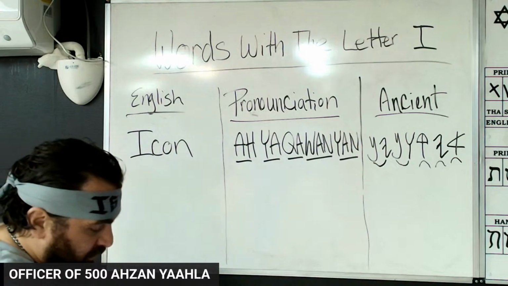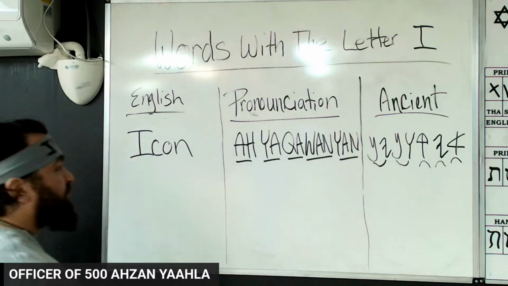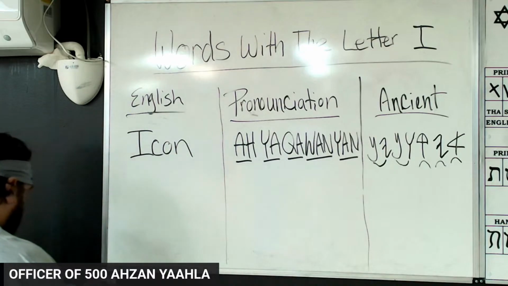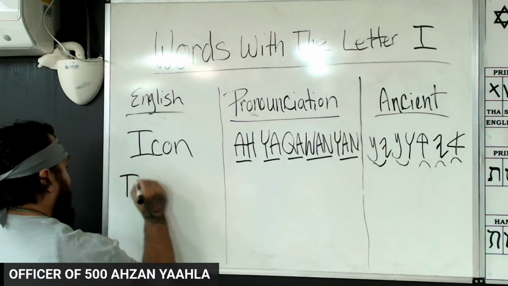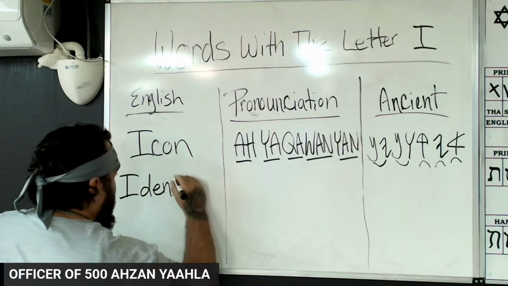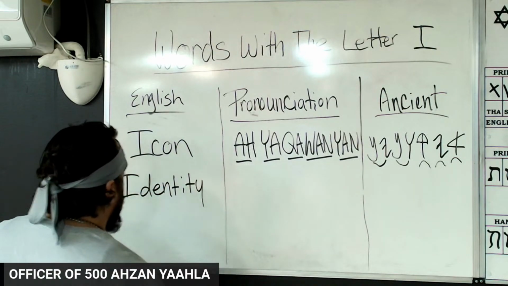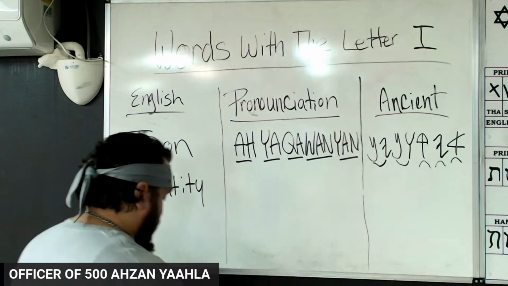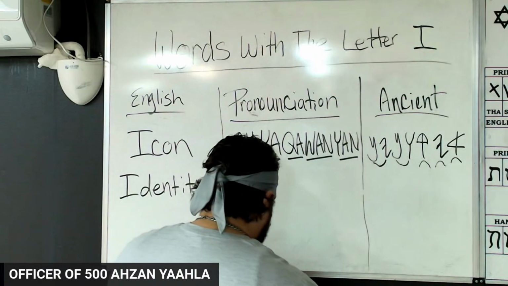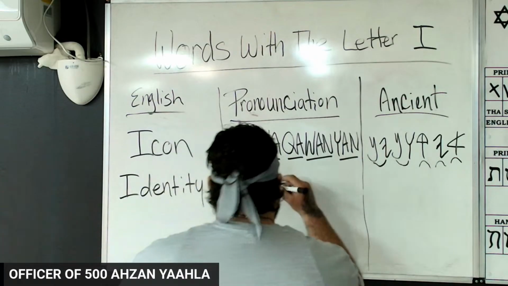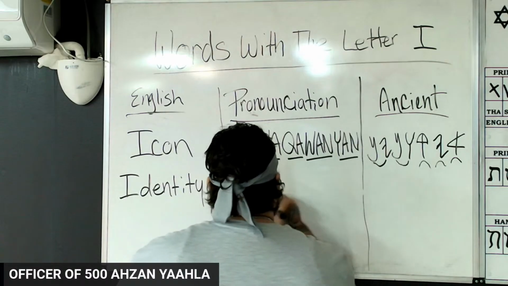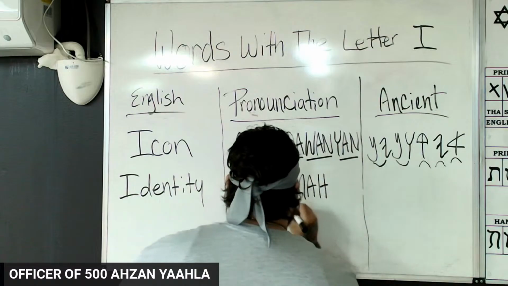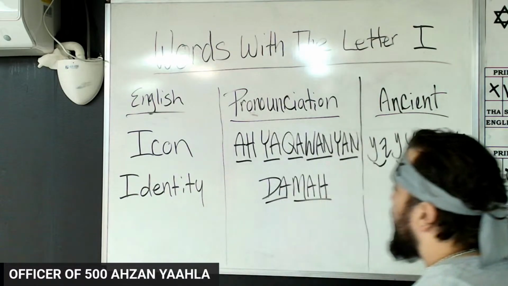Next one is identity. We're hoping all blacks, Hispanics, and natives come back into the Isupk and learn the true identity of the Bible. So that's what I'm going to go over right now. Identity. And how you pronounce identity in the Hebrew is Dama. All right? Dama. And I put the lines underneath so that way you know where the connection's supposed to be